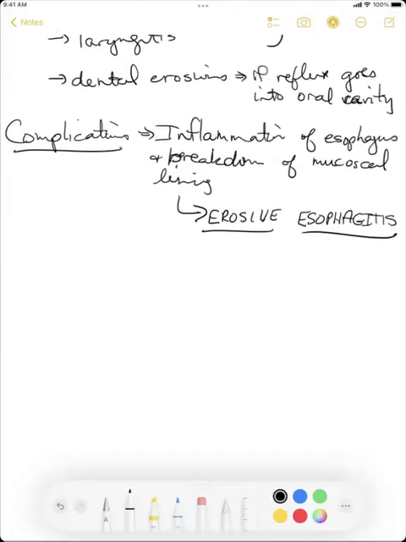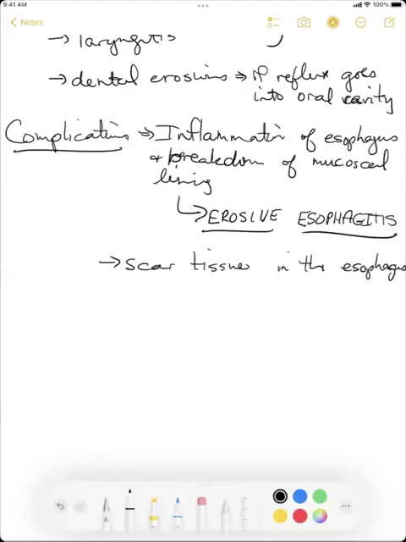If this gets into the deeper layers beyond the level of just the epithelium, it may heal, but when it does heal, it can heal with a scar. So you can actually get scar tissue in the esophagus. And one of the problems with scar tissue is that it contracts and it makes the opening smaller. It doesn't make for a very flexible tube that can take a bolus of food.